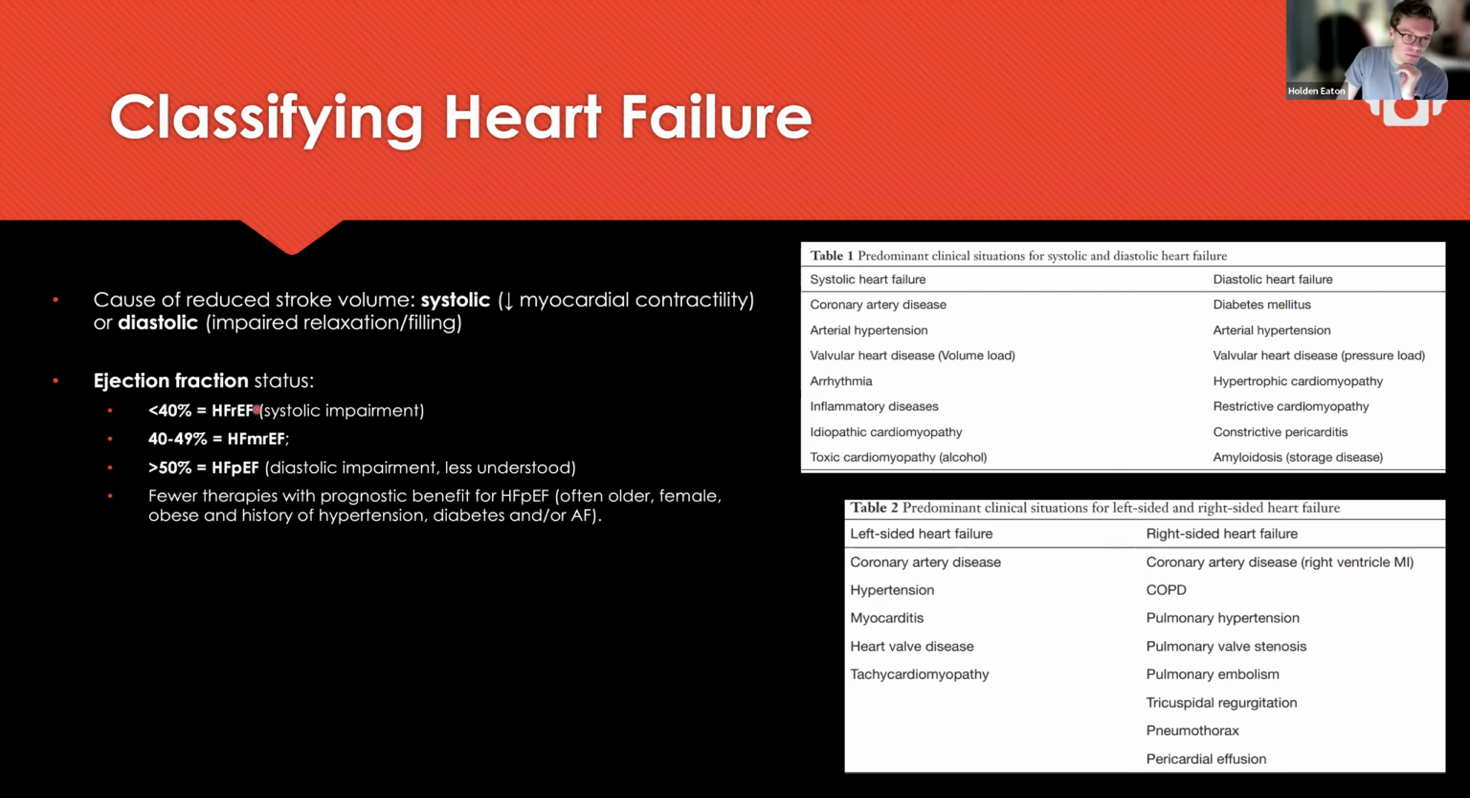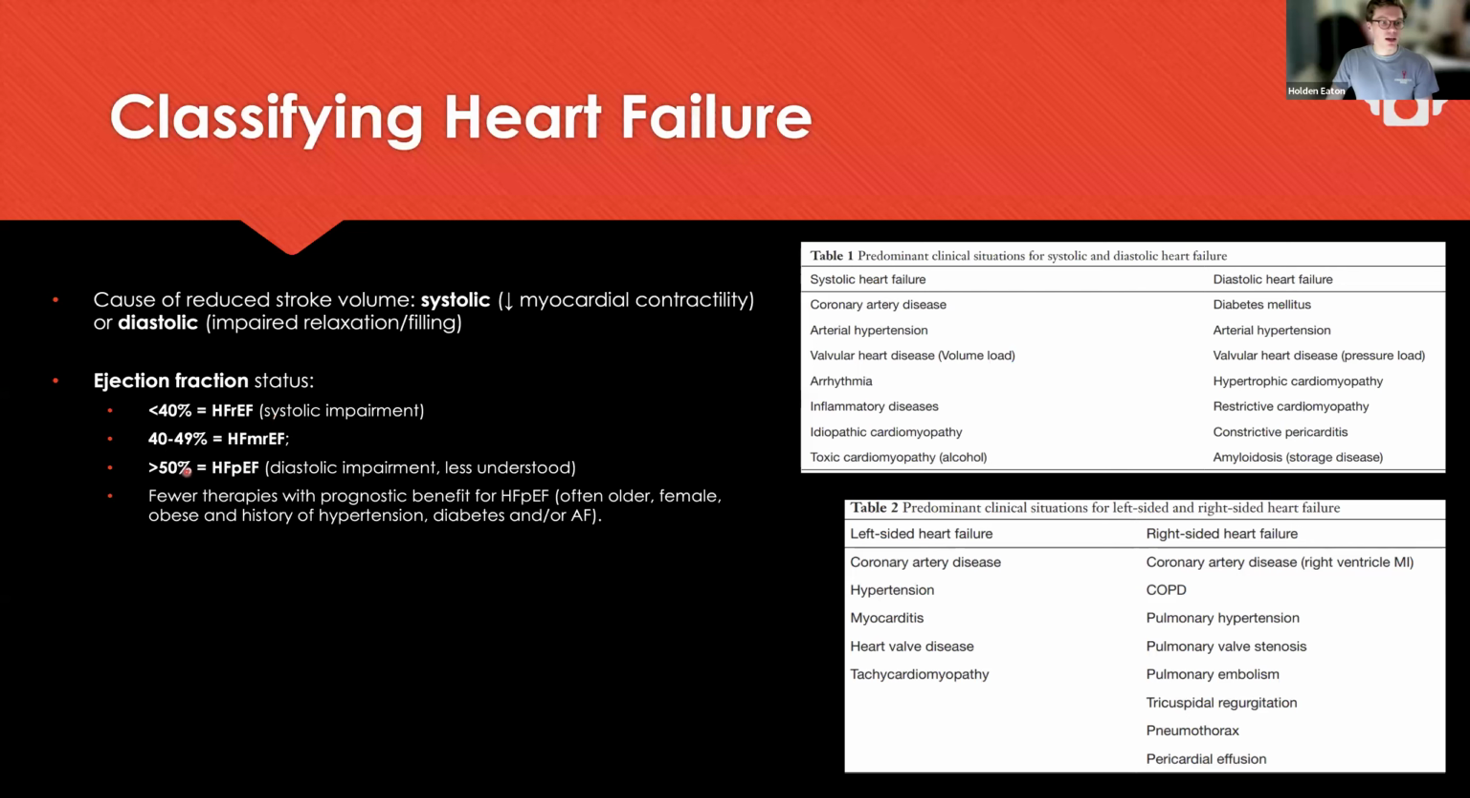HFrEF, you'll hear said, heart failure with reduced ejection fraction, less than 40%, is systolic impairment. So systolic failure is kind of the heart doesn't contract in that nice concentric way, either because of an arrhythmia or because the heart is fibrosed and too thick, so it doesn't quite close and squeeze all that blood out. This one kind of makes sense and is better understood more broadly, and better treatments are better able to improve